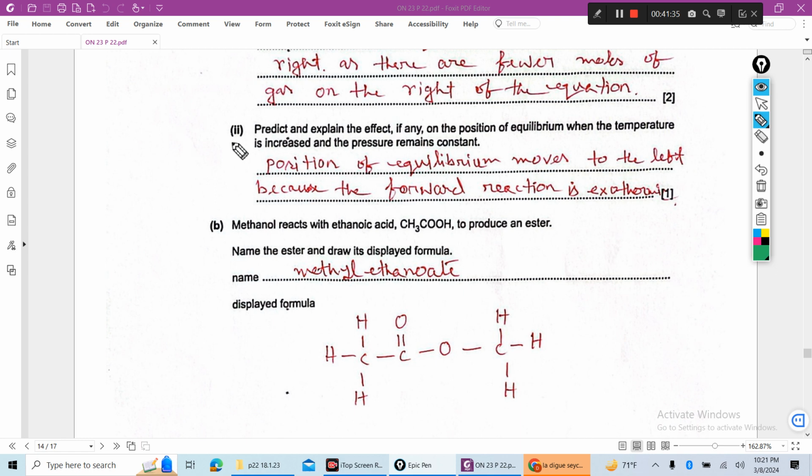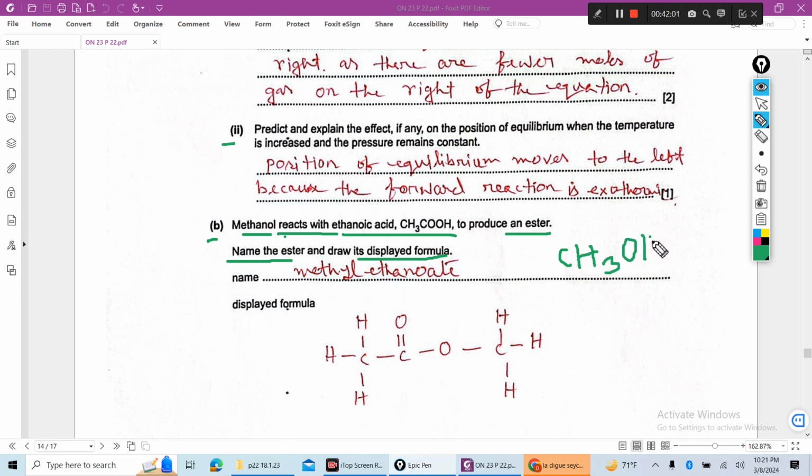Now B, methanol reacts with ethanoic acid to produce an ester. Name the ester and draw the displayed formula. Methanol, CH3OH,